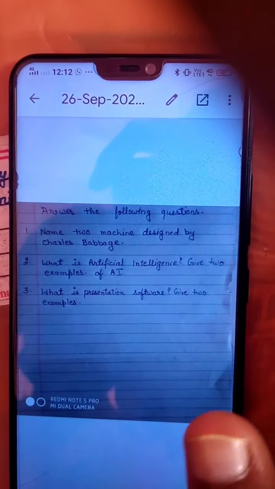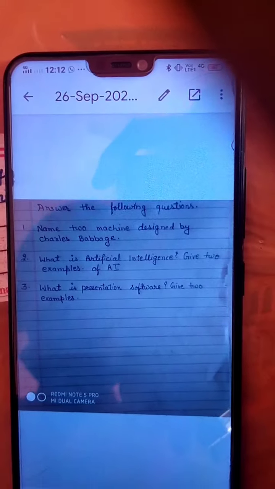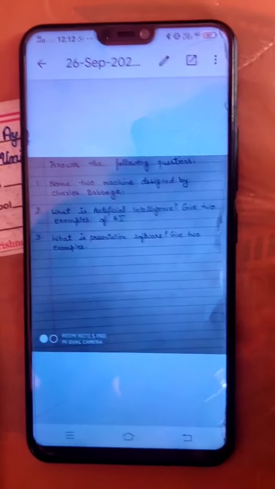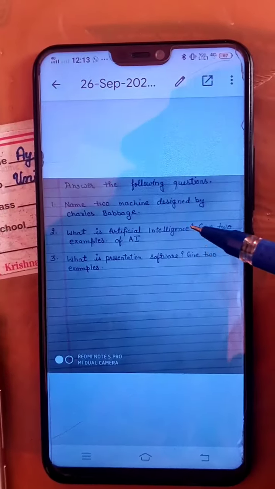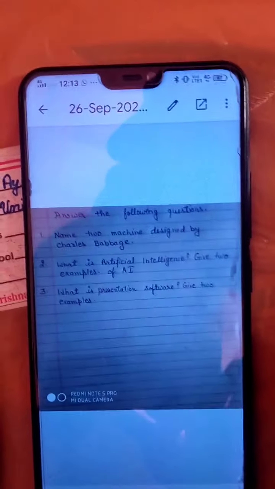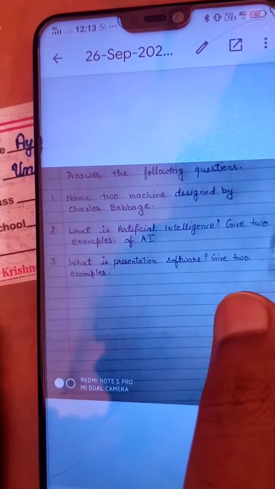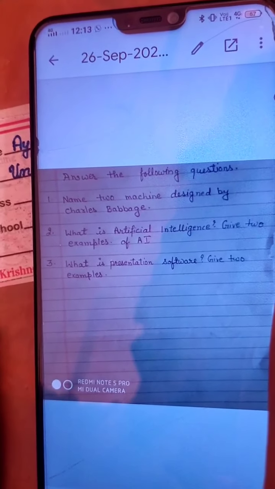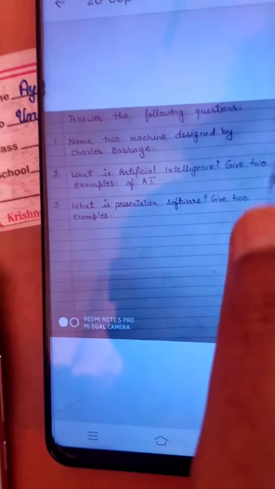Take time and write your exam, but there is a time limitation, so within that time you have to finish your work. Writing of the questions is over, writing of the answers is also over. Now it's time to hand over your answer script to your teacher. So how to do it? Okay, let's see.